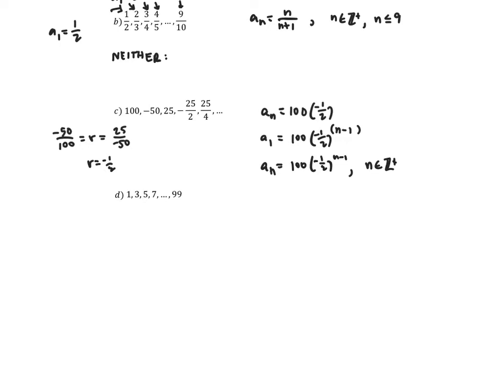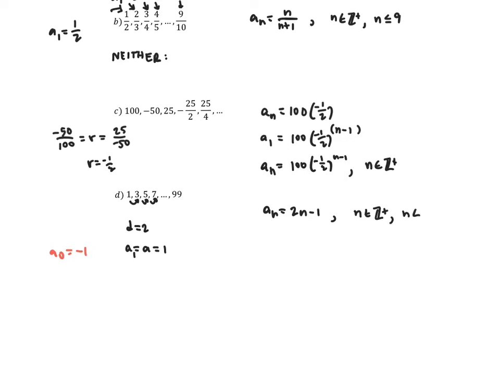Okay, finally, part D. It looks like I've got a common difference increasing by 2 each time, so d would equal 2. My first term, a sub 1, which could be referred to as a, is 1. So I'm going to find the 0th term, kind of that starting point. So let's go back 2, that would be negative 1. Okay, therefore, I could write the general term, which would be 2n minus 1 when n is in Z plus